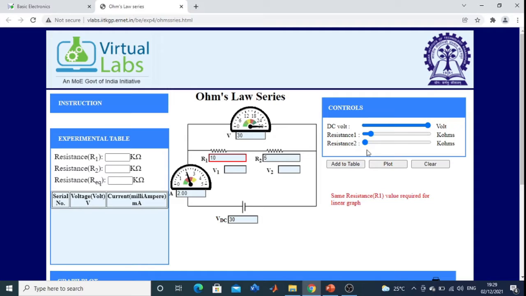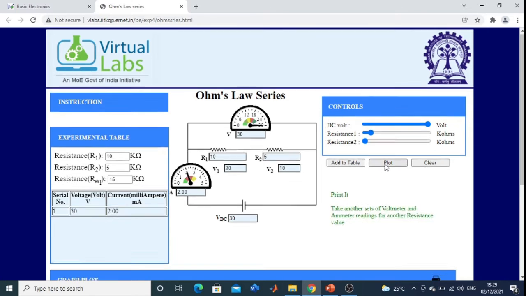So now R2 table, simply you get resistance 10, 5, R equivalent is 15, then voltage is 30, then you will find current I.